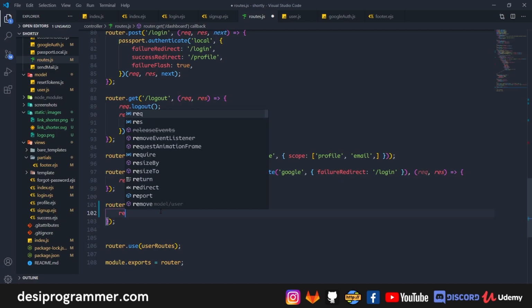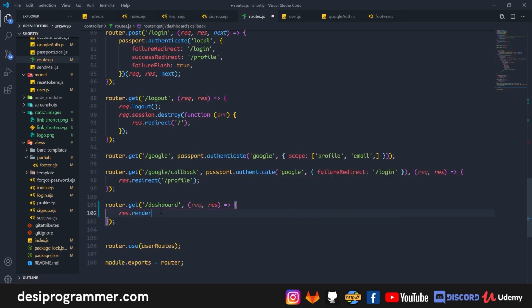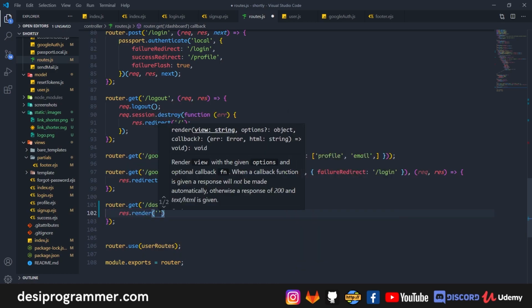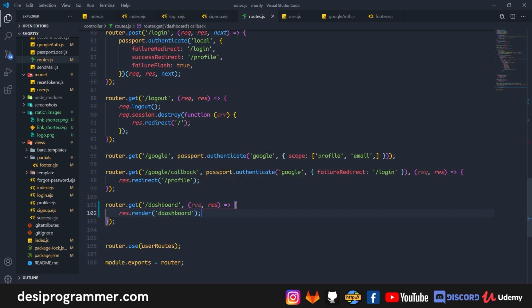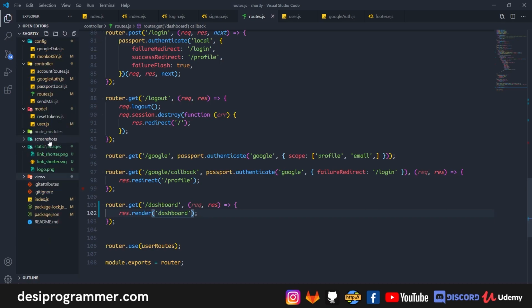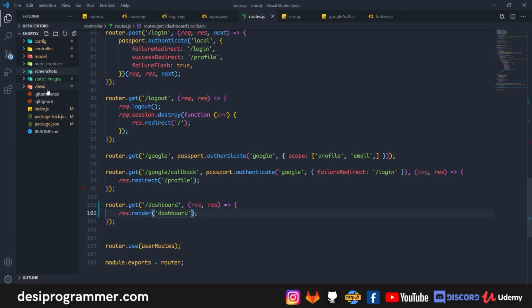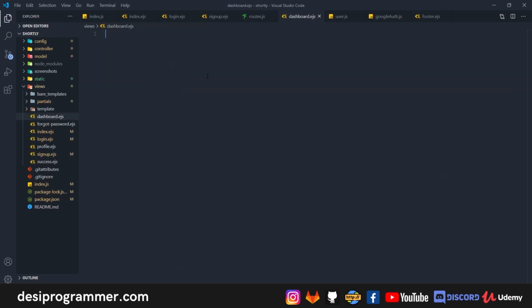Okay, and I'll simply say res.render. We are going to simply render a page, and that page will be dashboard. So basically we don't have a dashboard.ejs, not as of now at least. So let's create it. I'll go to my views, and not in screenshots. I'll go to my views, and here I'll create a file. We will name this dashboard.ejs, and assuming that the spelling is the same everywhere,